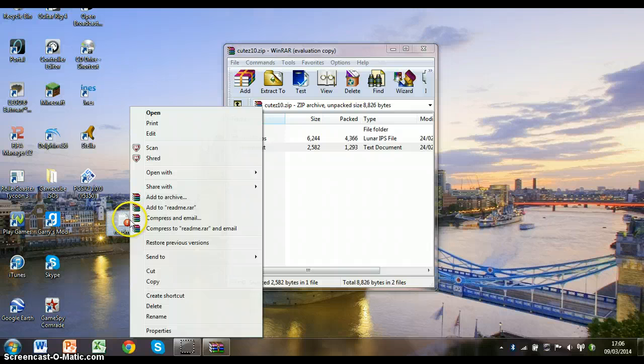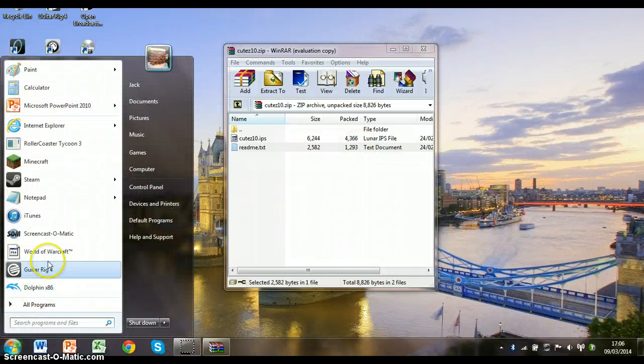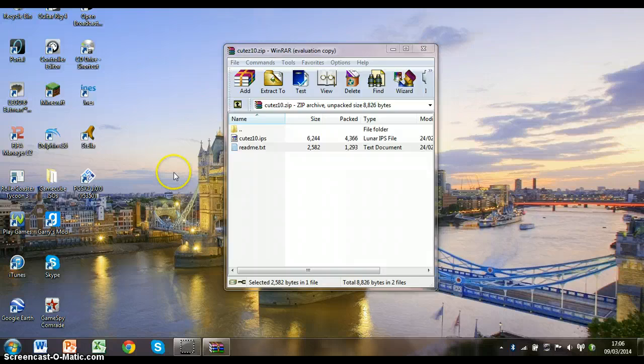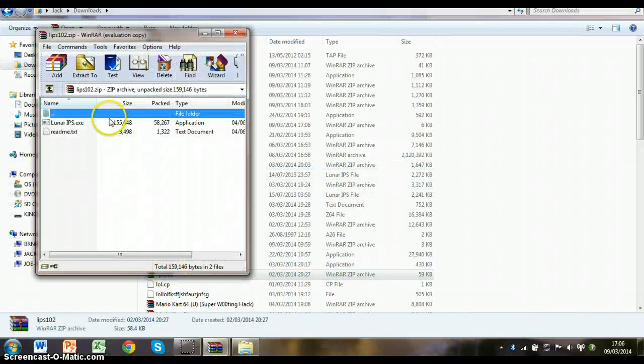There's 2 types of file you'll get when doing this. You'll either get a Luna IPS file, or you'll get a PPF file. Now, there's 2 ways of dealing with this. The first one is, if it's a Luna IPS file, if I go onto my computer and I go onto my downloads, I have this thing called Lips here. And if I open that,